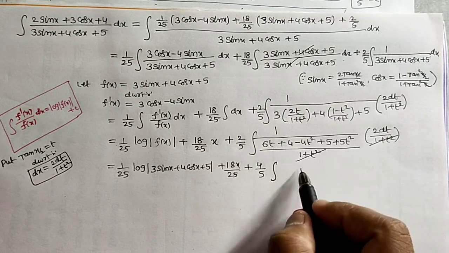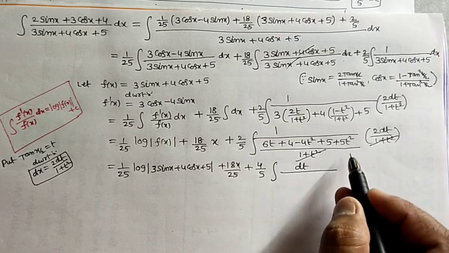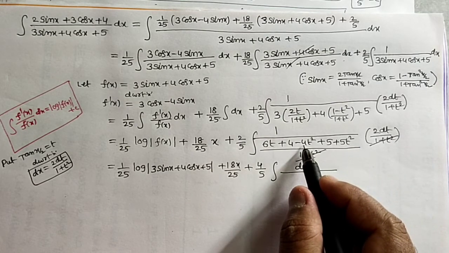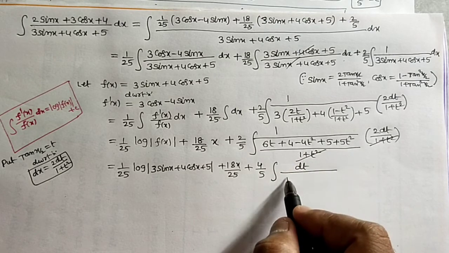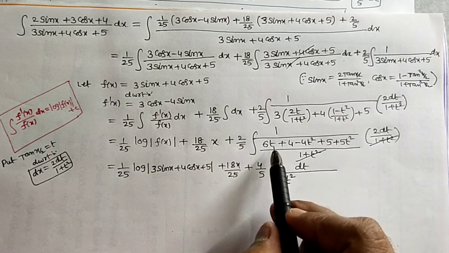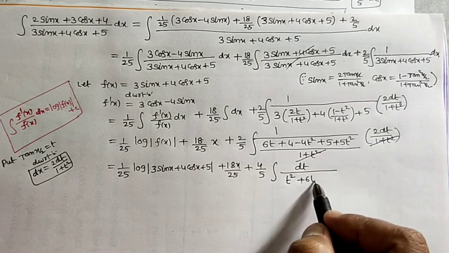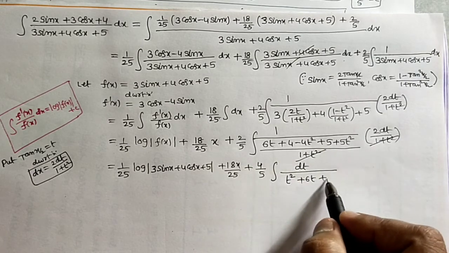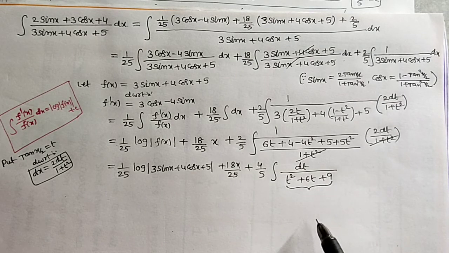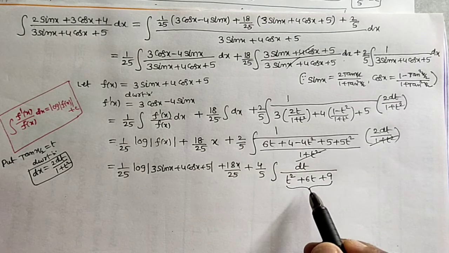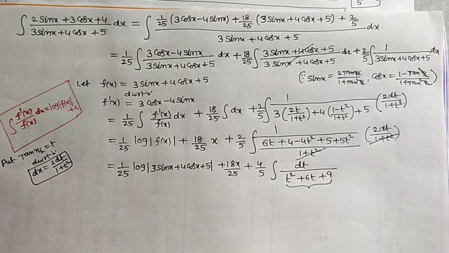Integral dt divided by 5t square minus 4t square. So 5t square minus 4t square is t square. Next 6t plus 5 plus 4 is 9. T square plus 6t plus 9 is the expansion of a plus b whole square, that means t plus 3 whole square. So in the next step